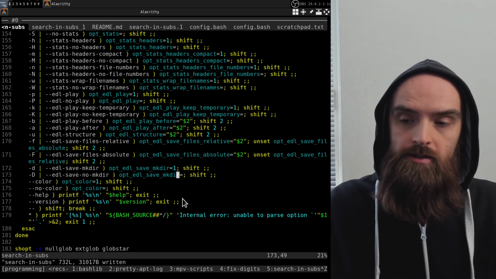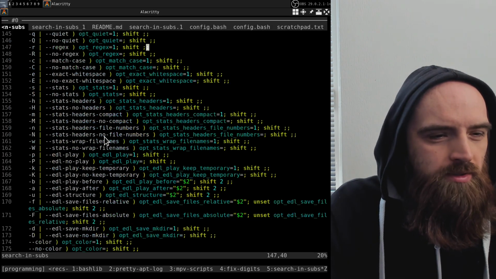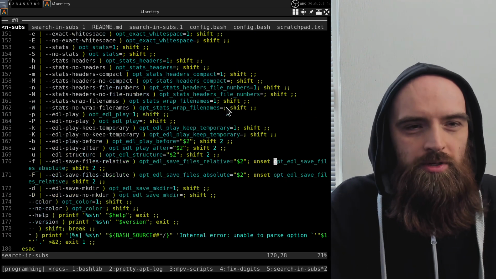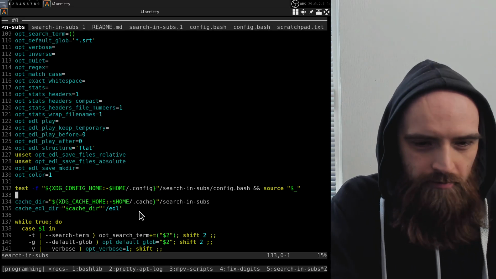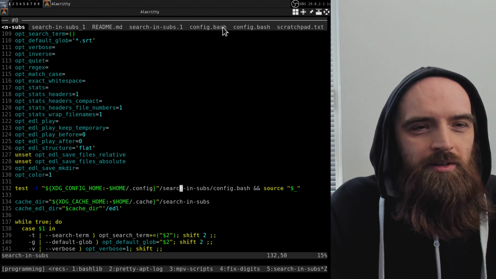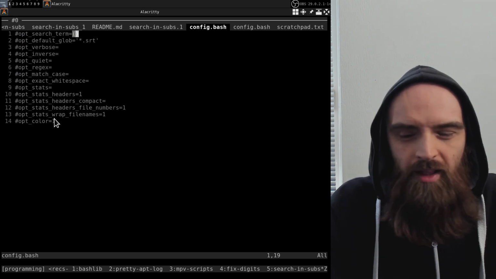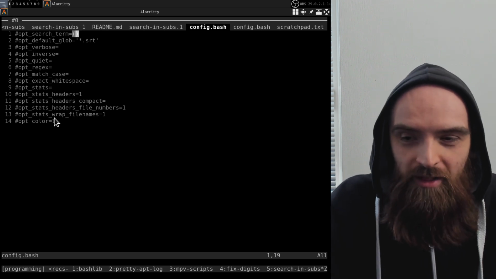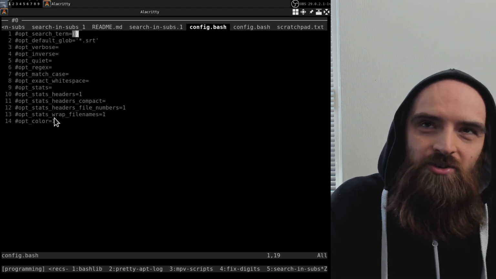Okay, so let's continue. Now, there's one thing that we need to take care of regarding these options because of the way they interplay with each other. Over here, after the config file is read, potentially a user might by accident set both of those options in the config file, even though I don't see any reason why anyone would actually set those options in the config file, because that would end up basically saving the results every time you run